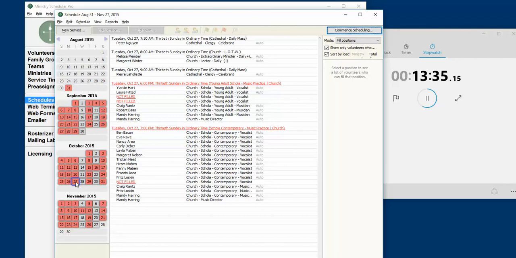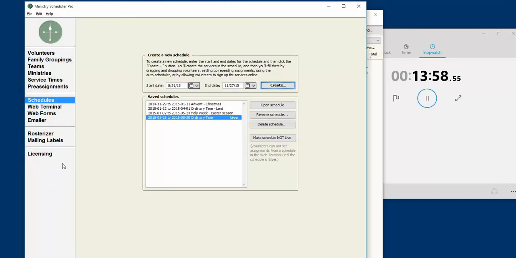But I would spend some time going through it, and again, the time spent doing that will depend upon how much experience you have in your database and how mature it is, I guess we could use. So really the only thing left to do is to let everyone know that the new schedules are out. Now if they're using the app and they go on the app, they're just going to see all their new assignments. But I like to send an announcement out, so I'm going to switch to the other window and go